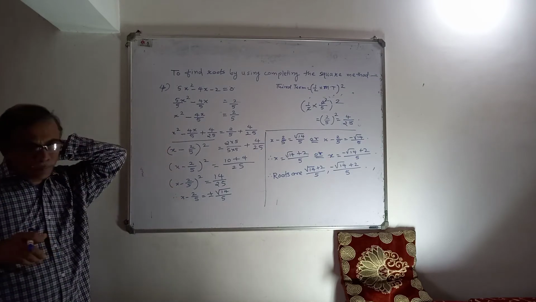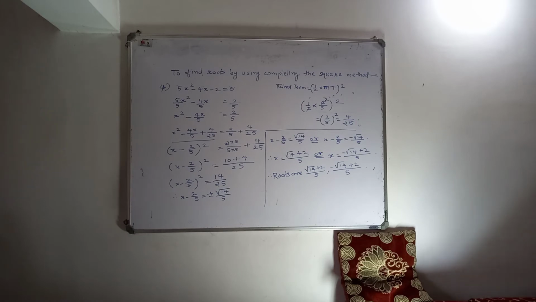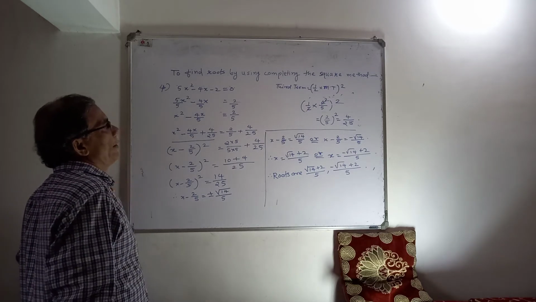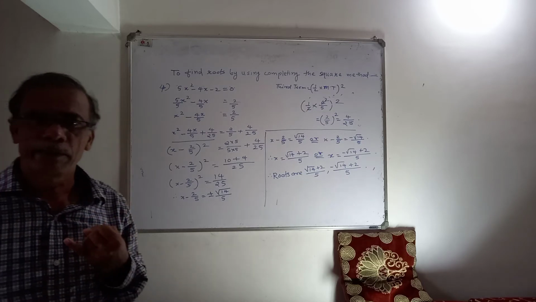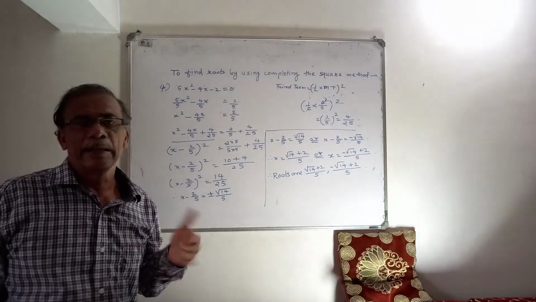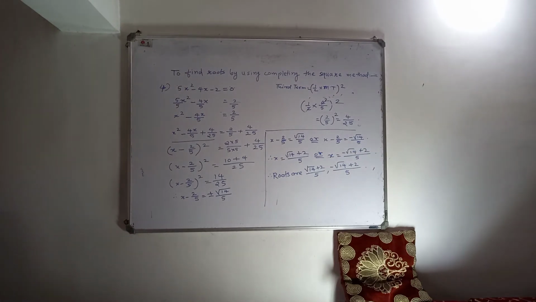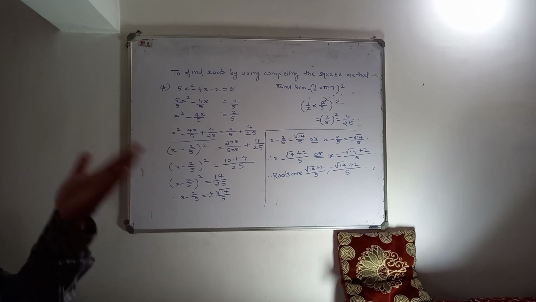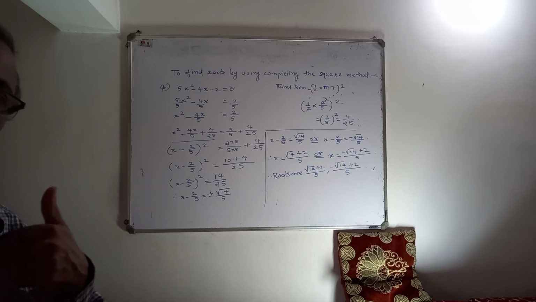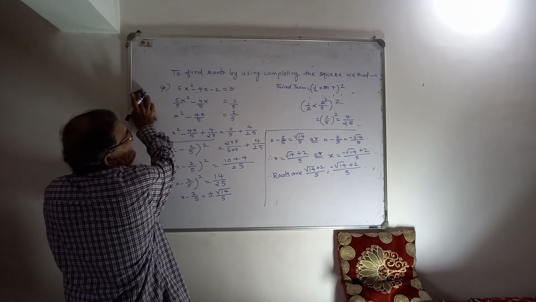So this is how the completing the square method is used to find the roots of quadratic equation. So far we have studied three different types of methods to find the roots of the quadratic equation. First factorization, then using quadratic formula, and third one completing the square method. In examination they ask you any two and you have to attempt any one. And in word problem, you can use any method. After obtaining that quadratic equation, you can use any method to solve the word problem.